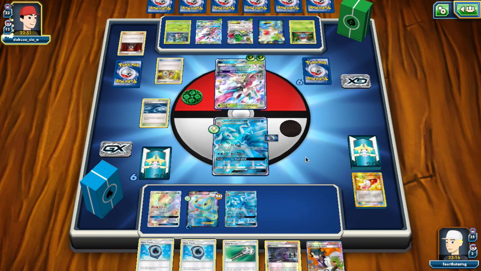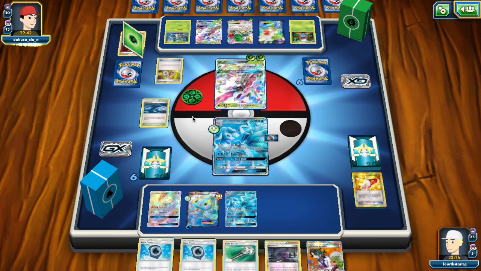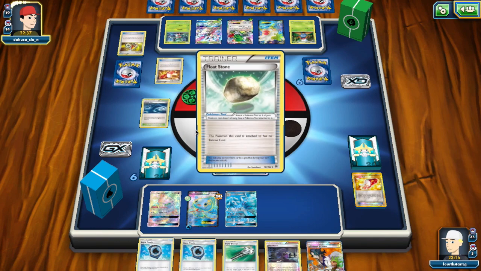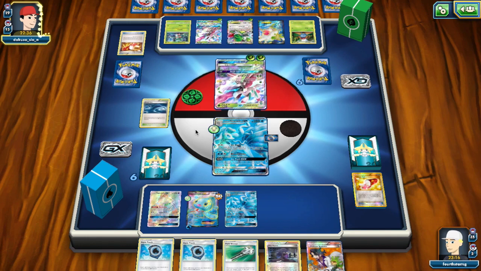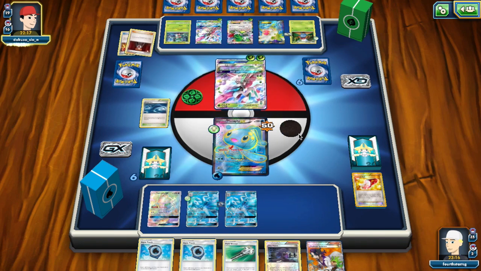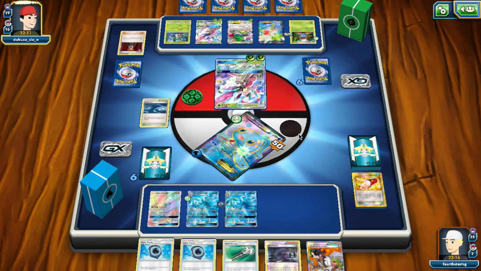As we see the Acrobike here. I wish we had some water energy in the discard. Get our Aqua Patches going, but yeah. See a Trainer's Mail. Getting the Float Stone. So that's going to go down. I assume we're going to see a Vileplume this turn. Lysander on the Manaphy. And Flower Supply. And again, no...